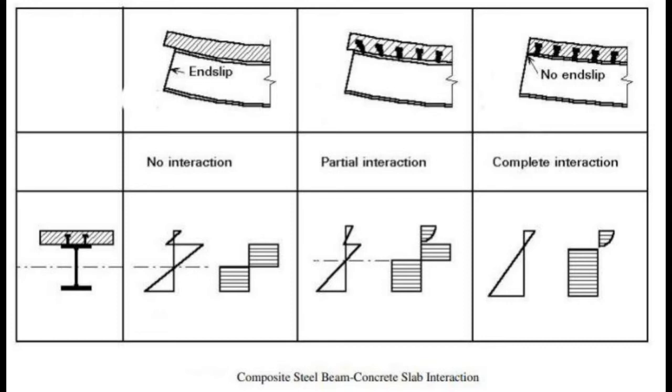If we talk about the action happening in these composite beams, let us try to understand this diagram. If the slip is free to occur at the interface between the steel section and the concrete slab, each component will act independently, as shown in this figure. If the slip at the interface is eliminated, or at least reduced, the slab and the steel member will act together as a composite unit, right? The resulting increase in resistance will depend on the extent to which the slip is prevented. So it is very important to manage it.